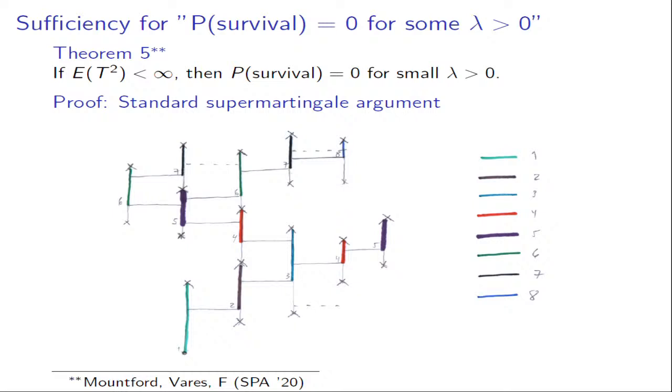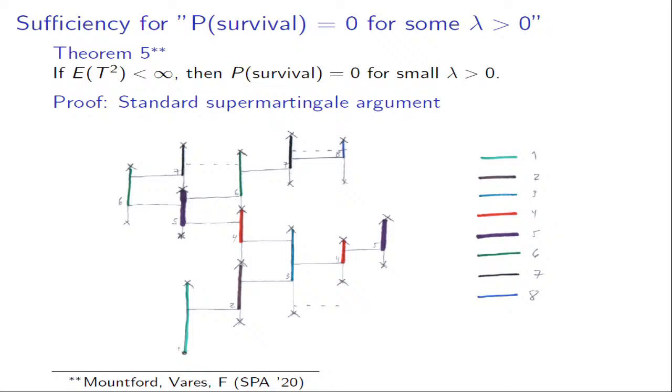So you have these offspring intervals arranged by generations. The first one is the first generation, then second and third, and I put colors here so that red is the fourth generation, and so on. This is all more or less standard, and the crucial thing here is that, in order to control the comparison, you want to show that you're going to have extinction. So you have to have a control on the sizes of these